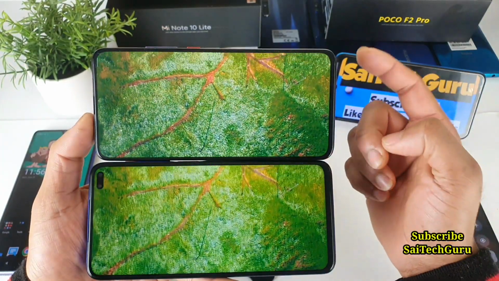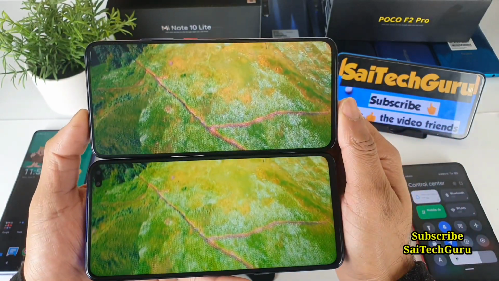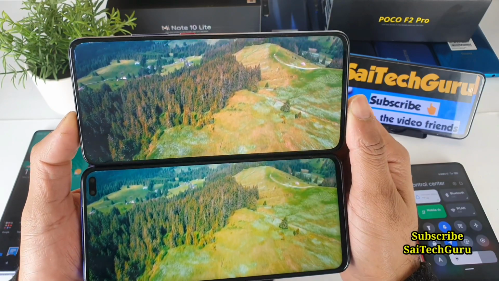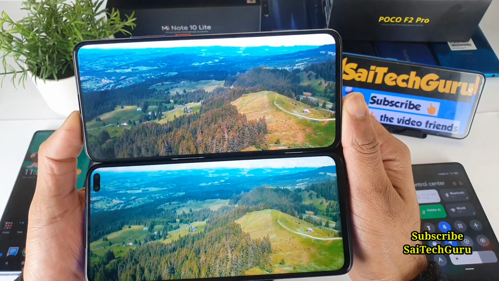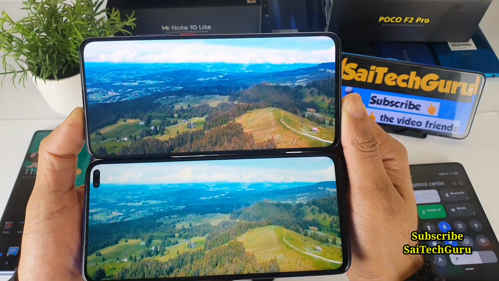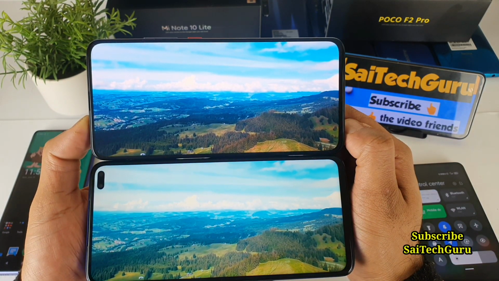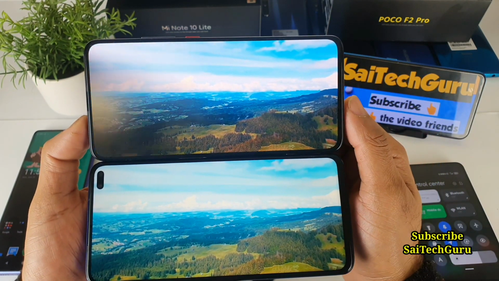That's one thing I have noticed after using the Poco F2 Pro device. You can see the quality and how it looks, and the full screen experience makes it a perfect mobile for watching videos. Instead of having the dual punch hole notch of the Poco X2, the Poco F2 Pro is far better.